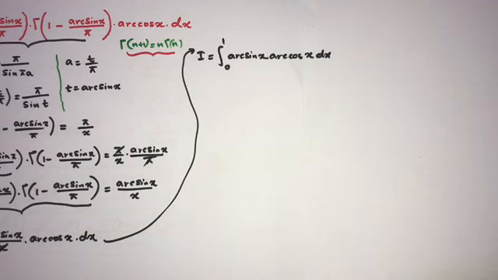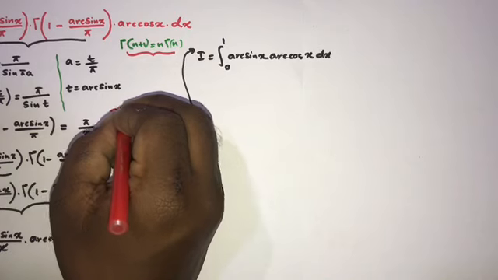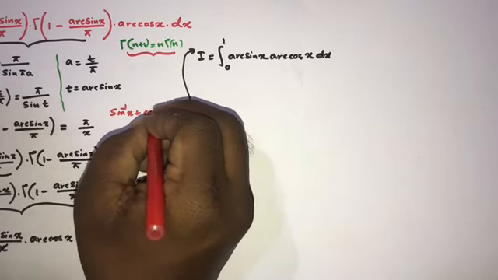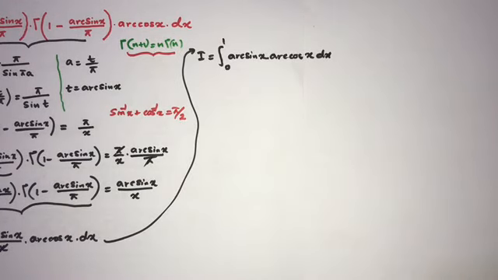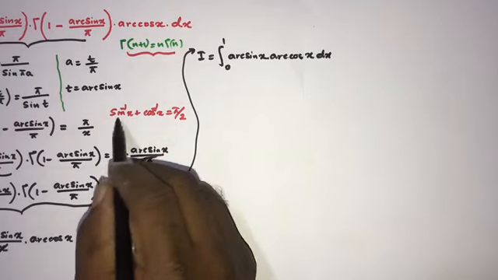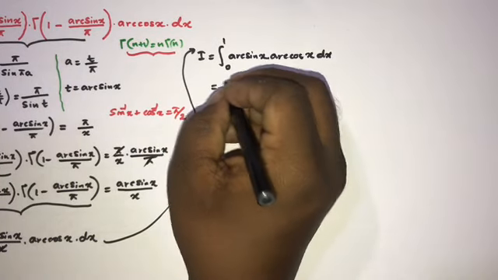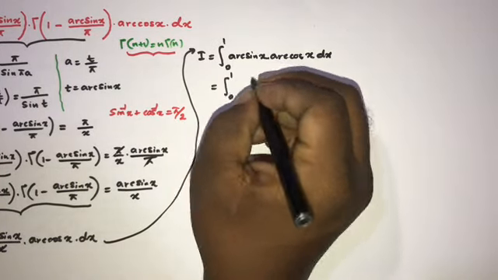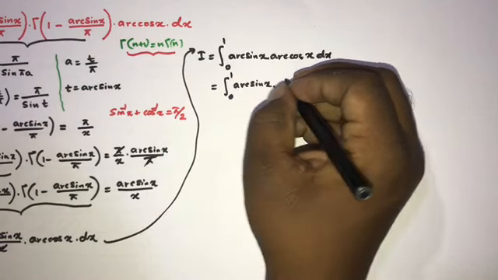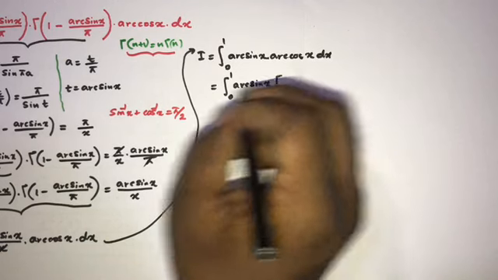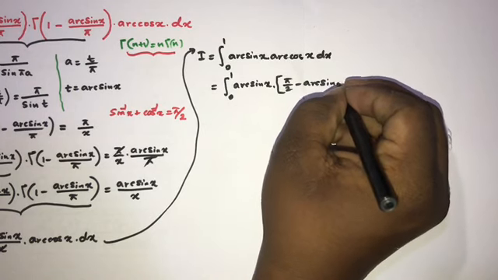Now we know this formula for inverse trigonometric functions: inverse sine of x plus inverse cosine of x is equal to pi over 2. Here I used inverse sine, and here arc sine, so both are the same. So now we can write the integral from 0 to 1 of arc sine of x times, instead of arc cosine of x, pi over 2 minus arc sine of x